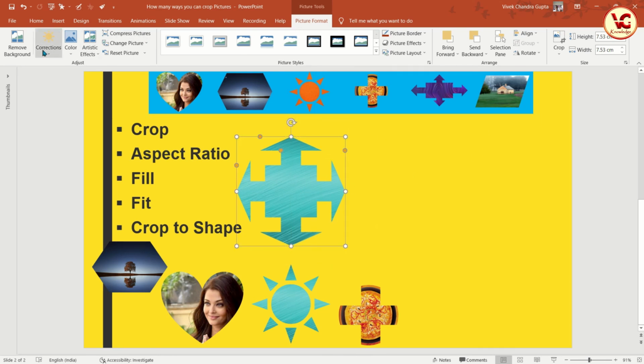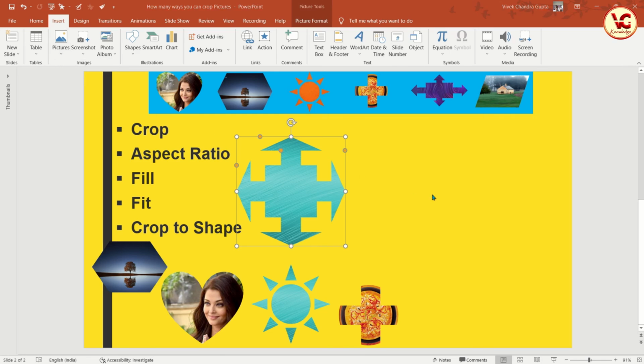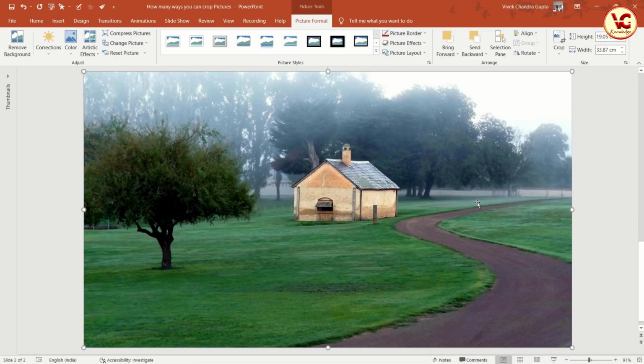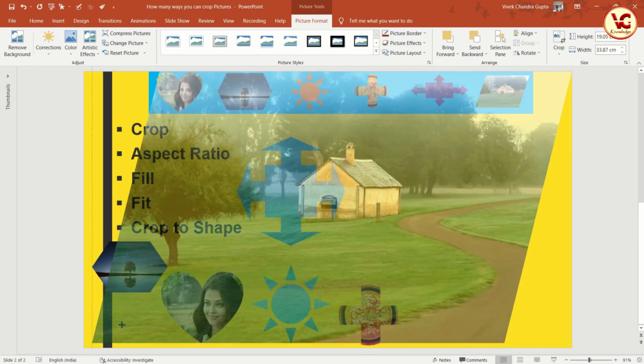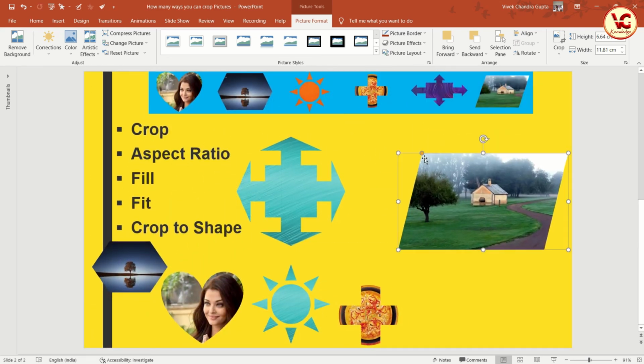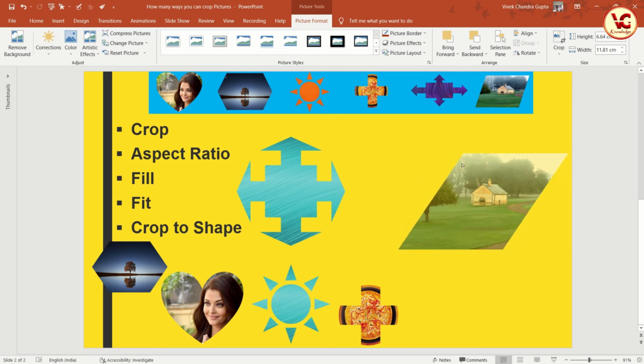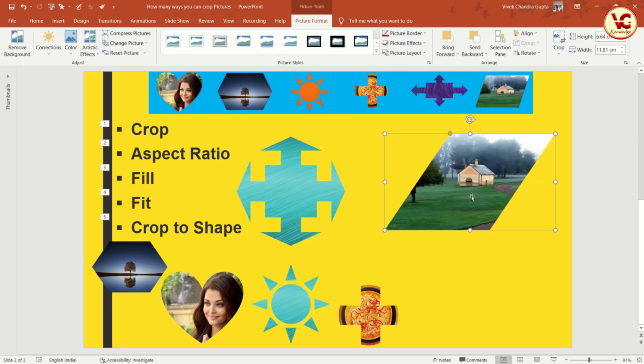Now we will go with the new image. This is the image. Select this original image and go to crop, select the shapes. This is the shape. Okay, we can reduce the size of it and decide what angle it should be, so we can use this for our purpose. We can use these different shapes for our YouTube channel. We are using different shapes. We can select our video pictures, take an image, crop this way, and it will give a very good look, right?